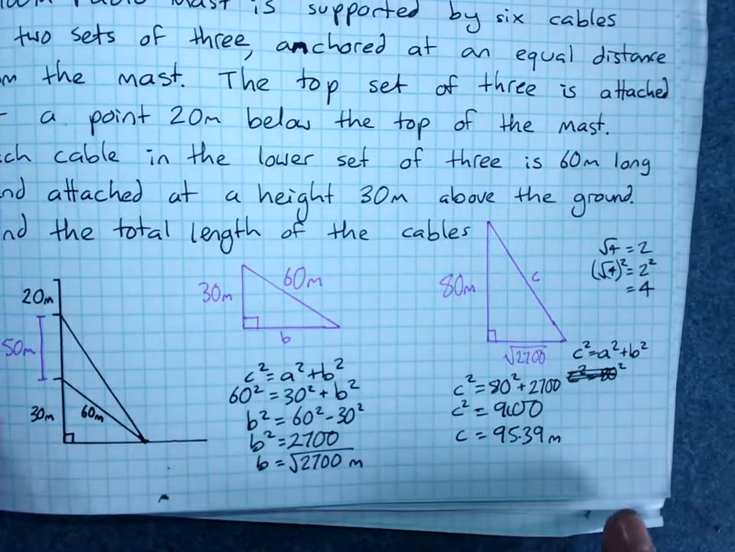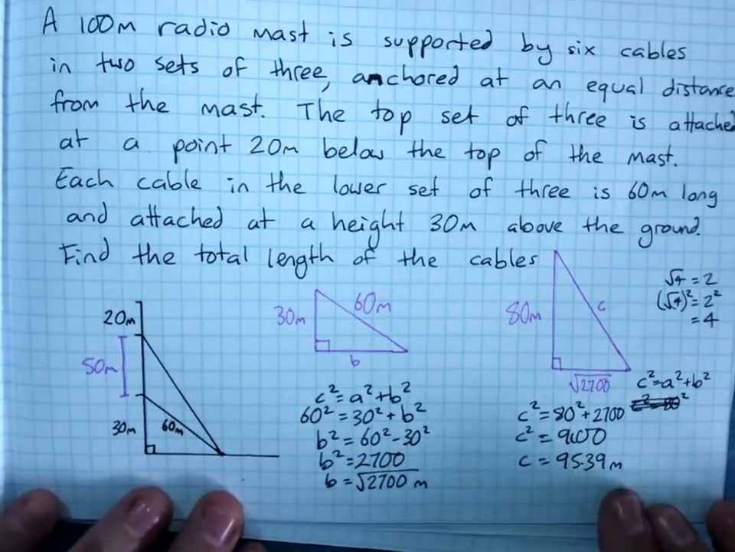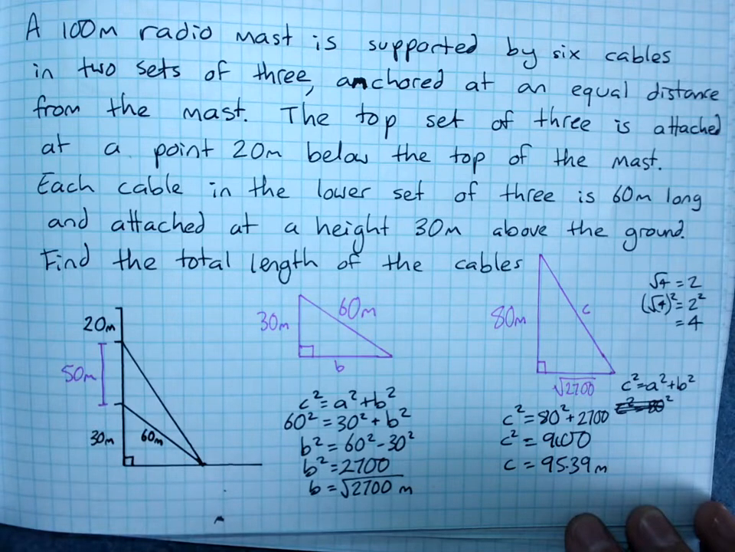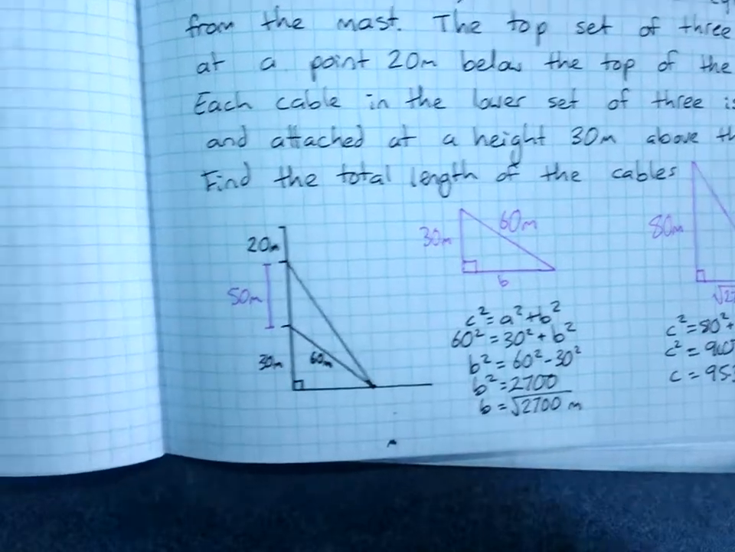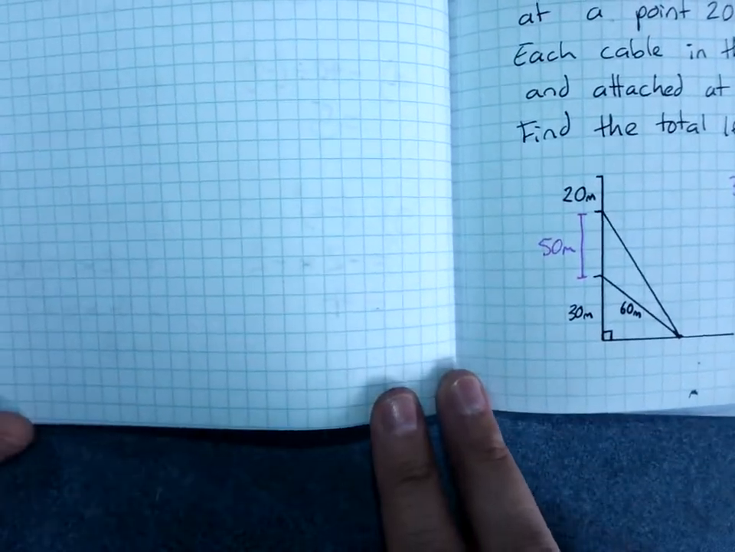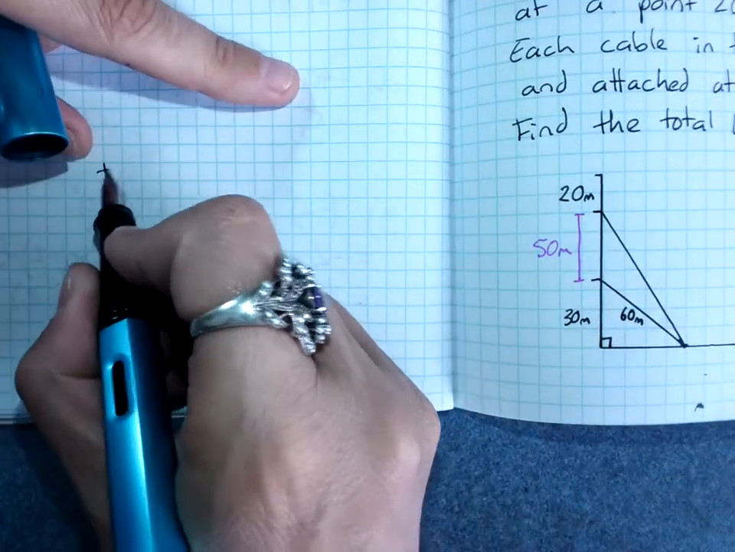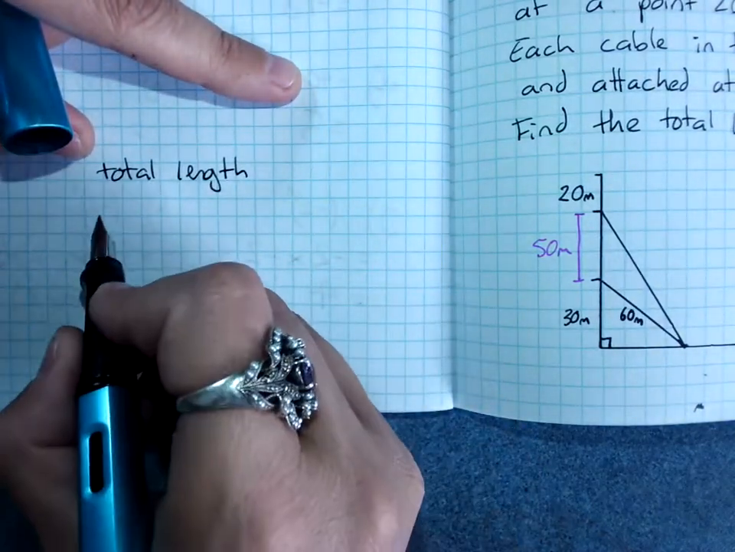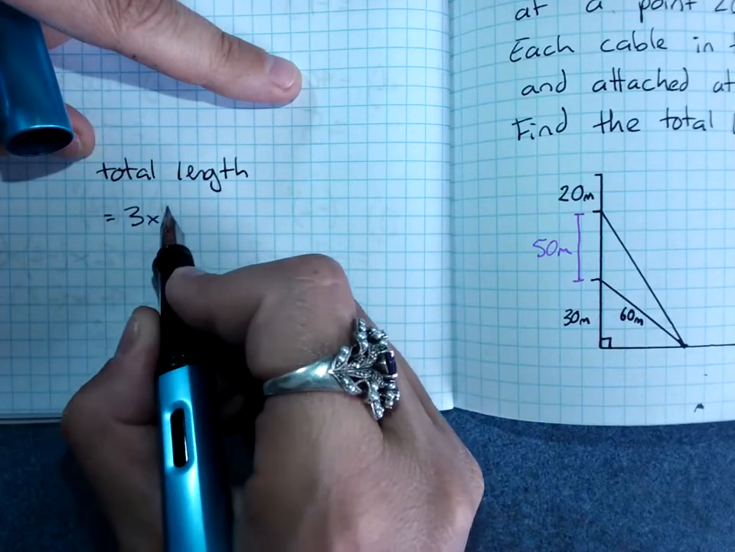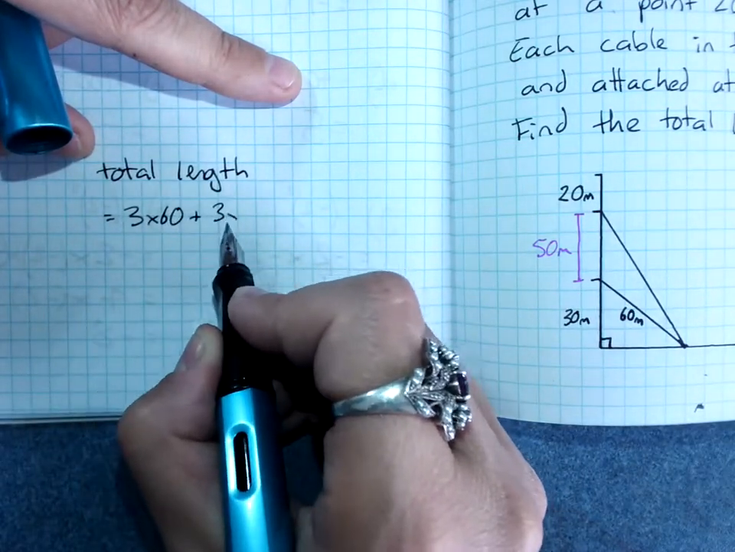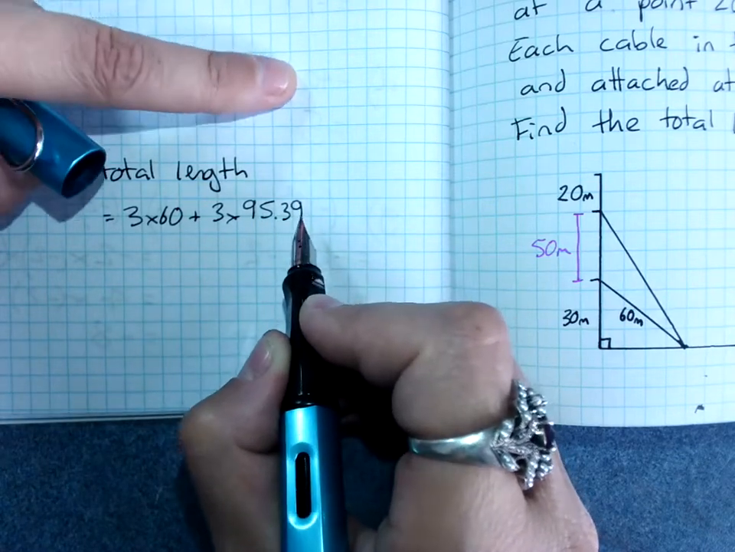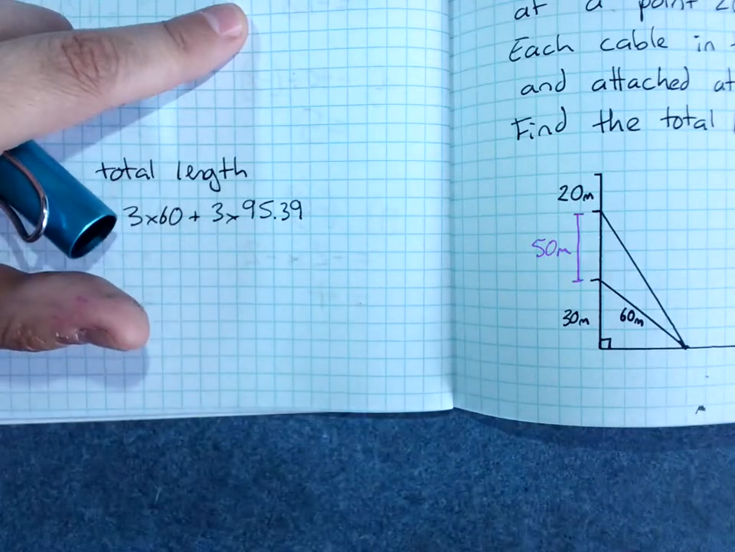Then, having found the length of the long cable, you knew the length of the short cable, 3 lots of each. So your total length is 3 times 60 plus 3 times 95.39. Now I think we wanted to go to 2 decimal places,